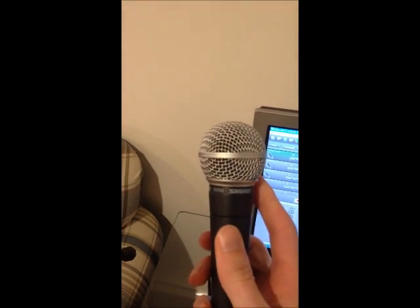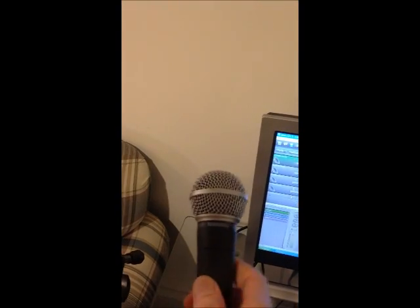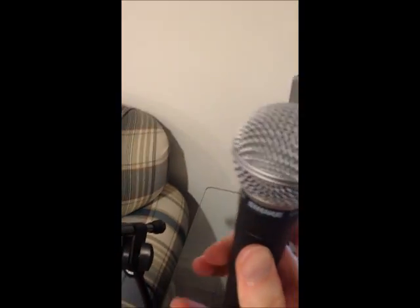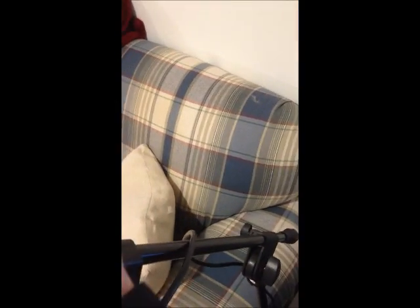I have an SM58 Shure mic that I'm using right now. This was $99 at Guitar Center. Nothing crazy. The sound could be a little bit better, but for what I'm doing right now, it gets the job done. I'm probably going to invest in the Blue mic. It's pretty good. It's like $3.99. I heard a lot of good things about that. So once you get your mic situated,